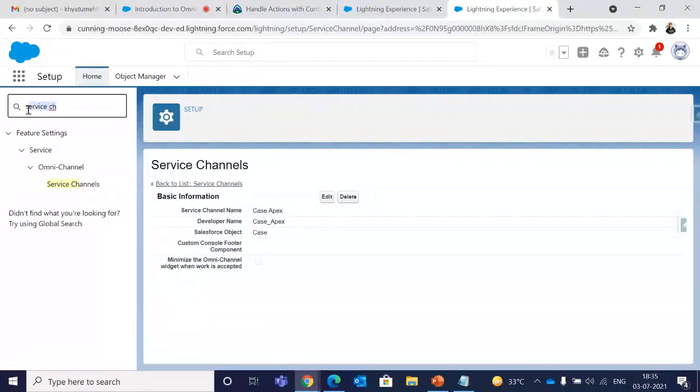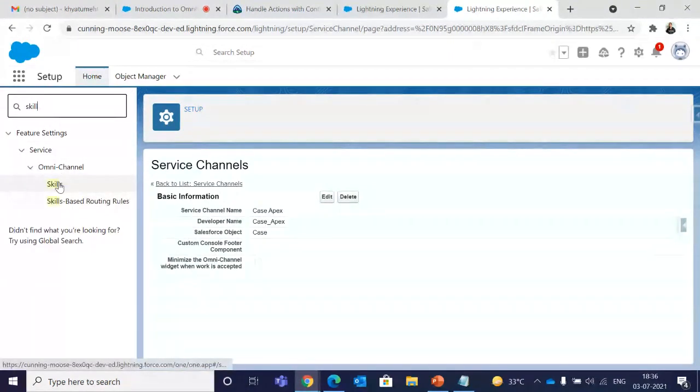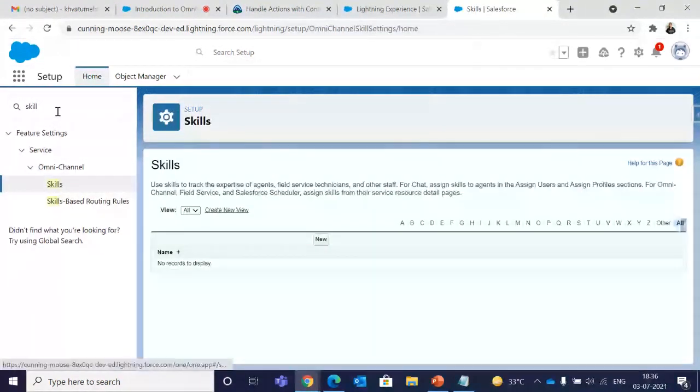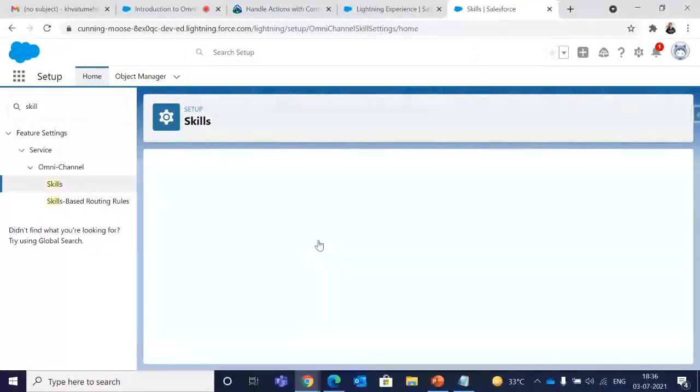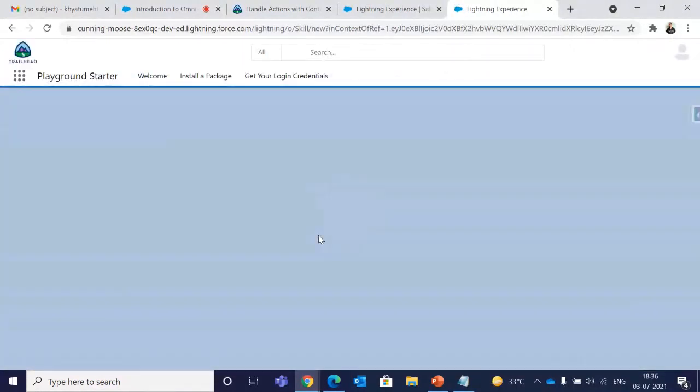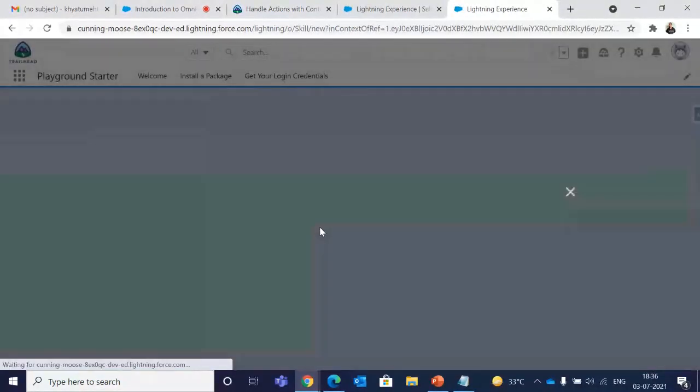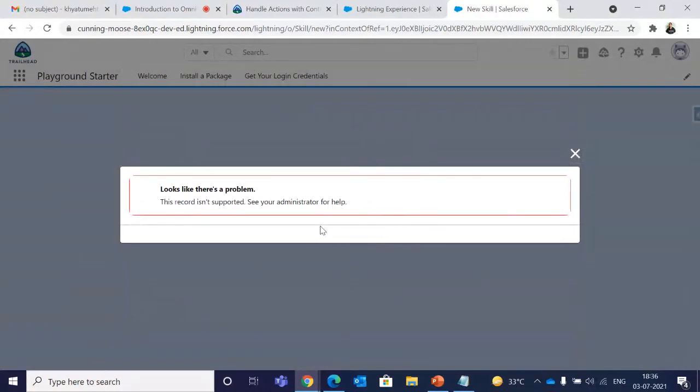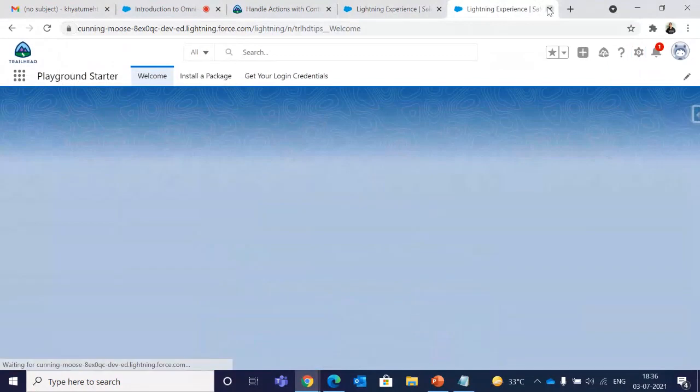After this, we did the routing configuration, but here, as it is skill-based routing, we need to create some skills that we will assign to our agents. So I'll type in skills, and under Omni-Channel, click on Skills. Click on new.